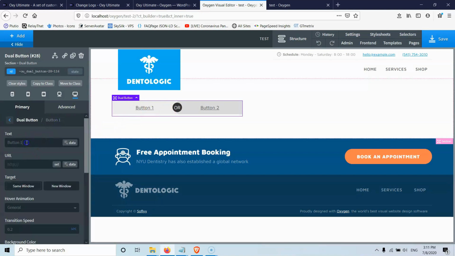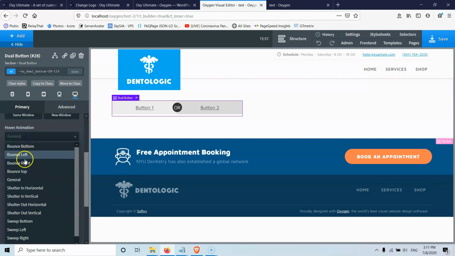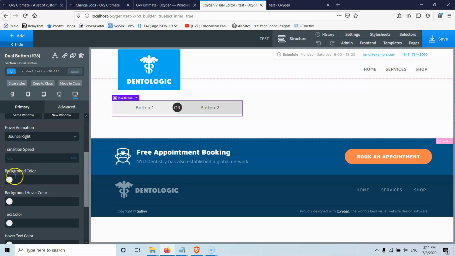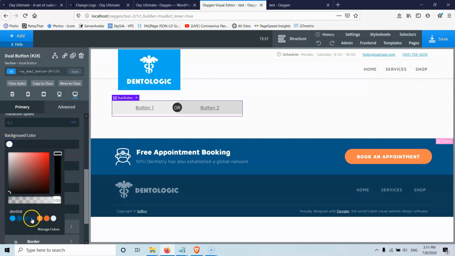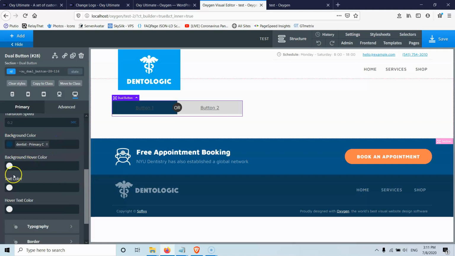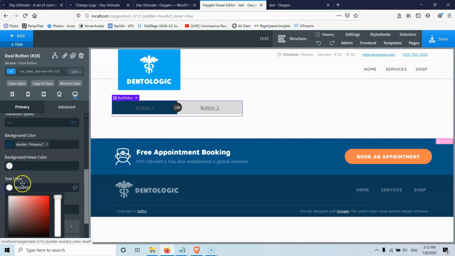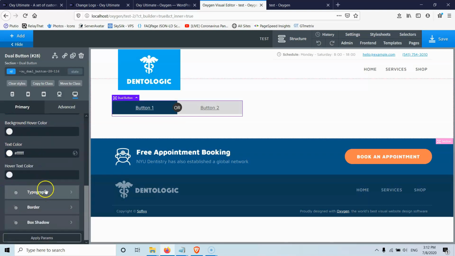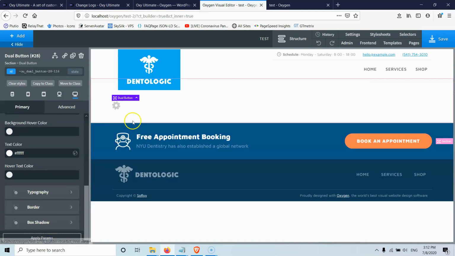Let's go to button 1, which says button 1, and it will go to this URL, or from dynamic data it will grab the URL. Same window or new window, we have the bounce right effect with the background color of this one, and the text color should be white, and I think the typography is okay. Everything else looks fine.